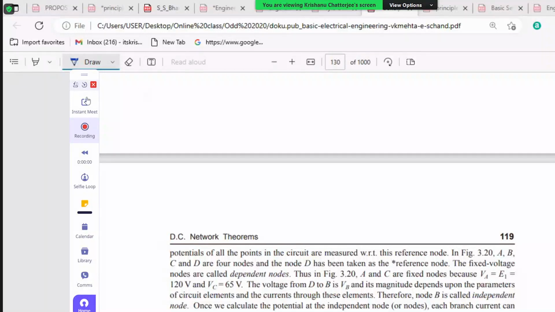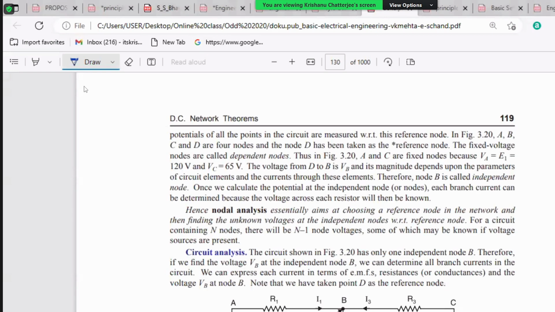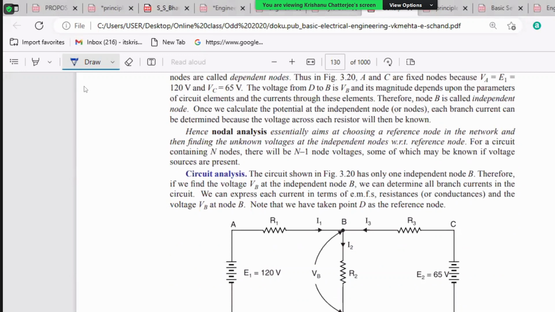Analysis today, and in nodal analysis, what we are doing is using the nodes to find out different voltages. Okay, so basically what happens is, say you're talking about a particular circuit over here,